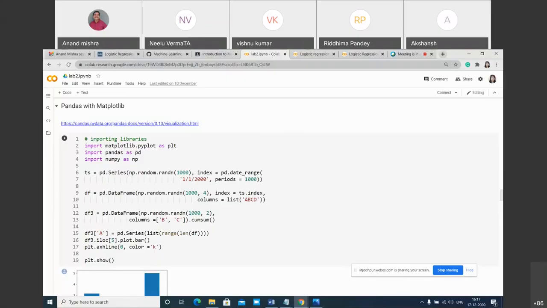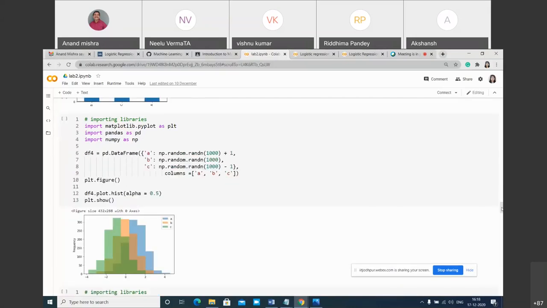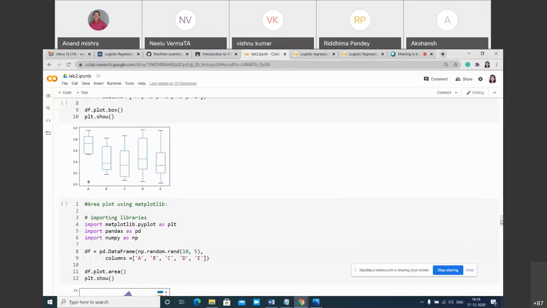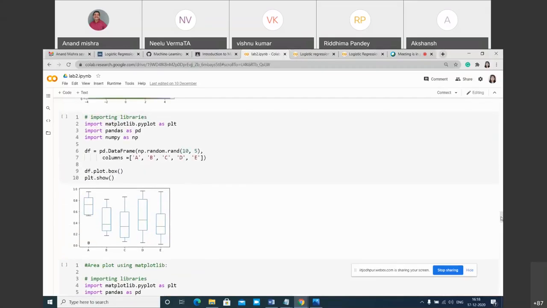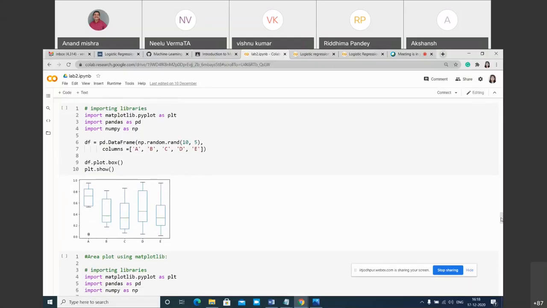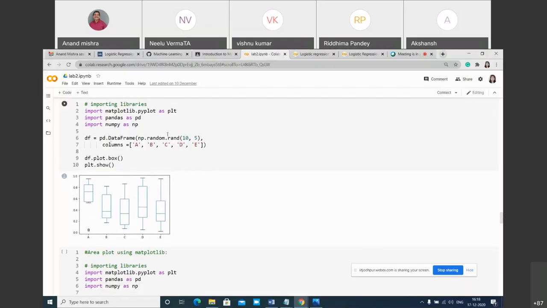If you want to work with data frame, series, and one dimension, because this is nothing but a one dimension, two dimension kind of array in pandas. I'm not going to go deep into pandas, because today my target is to teach you logistic regression. Using pandas or data frame, what you can do in this way: pd.DataFrame and np.random. So this is a random box plot.